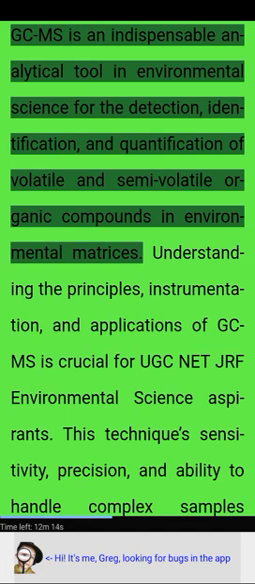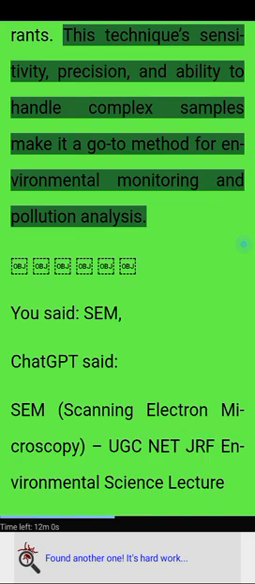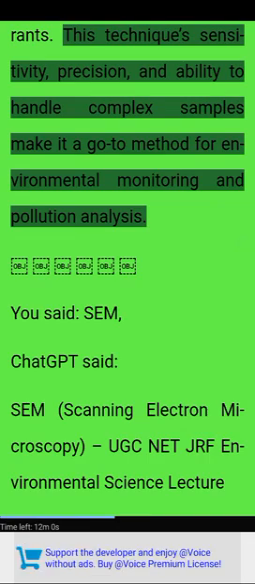GCMS is an indispensable analytical tool in environmental science for the detection, identification, and quantification of volatile and semi-volatile organic compounds in environmental matrices. Understanding the principles, instrumentation, and applications of GCMS is crucial for UGC NET JRF environmental science aspirants. This technique's sensitivity, precision, and ability to handle complex samples make it a go-to method for environmental monitoring and